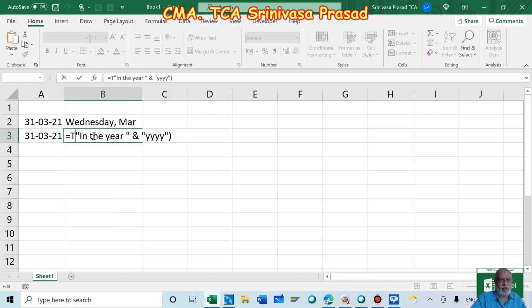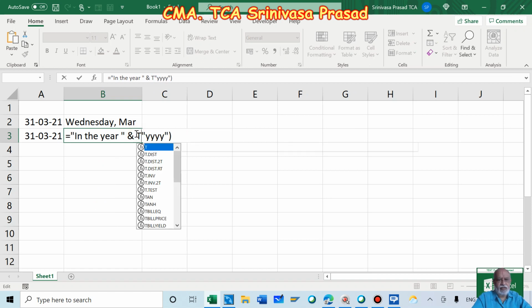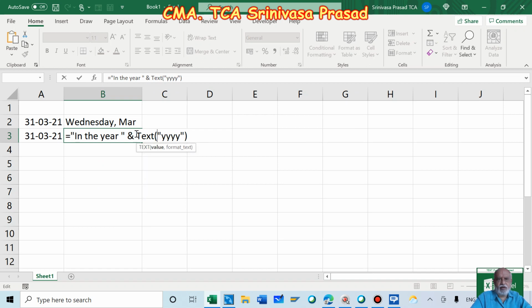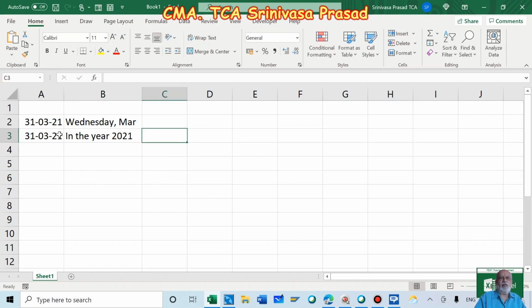I made a small mistake. So it is TEXT of A3, comma, in the year and TEXT of A3. The formula we wrote was: in the year within double quotes, and then TEXT A3 y.